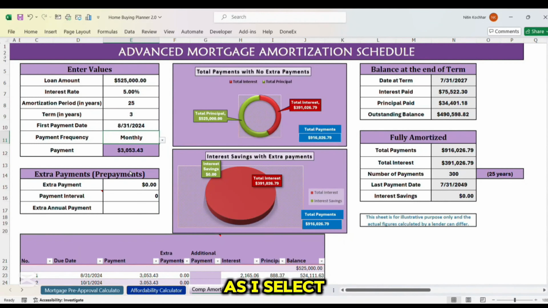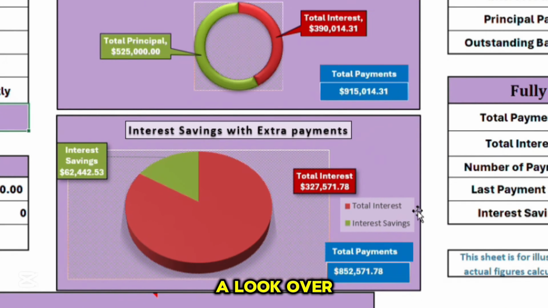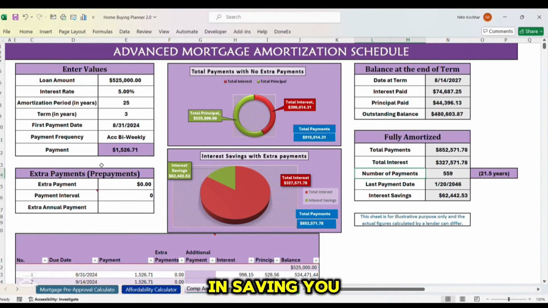$1,526.71. So by changing this payment frequency, interest saving is $62,442. And just have a look over here. You will be able to pay off your mortgage around 3.5 years early as compared to 25 years. So just have a look what a bigger impact changing your payment frequency has in saving you thousands of dollars